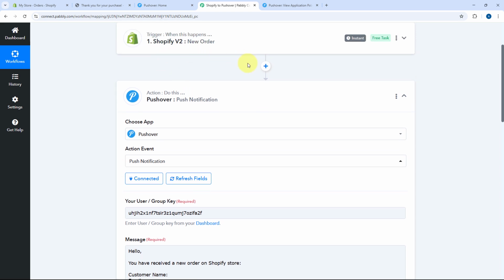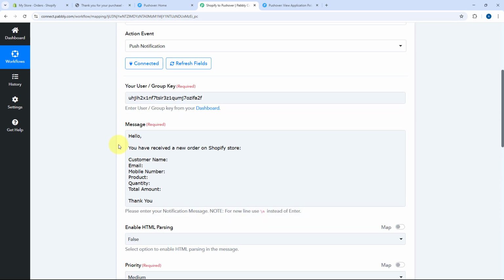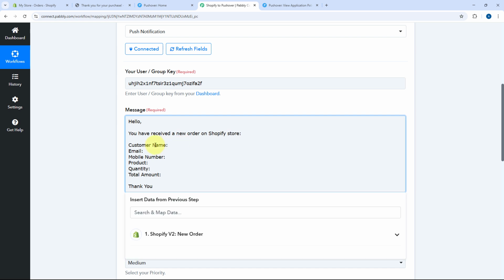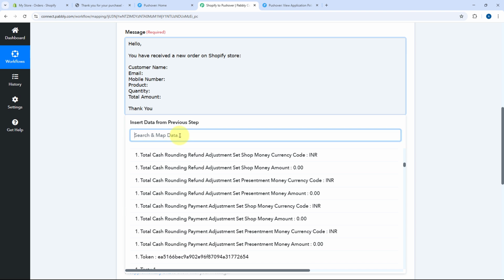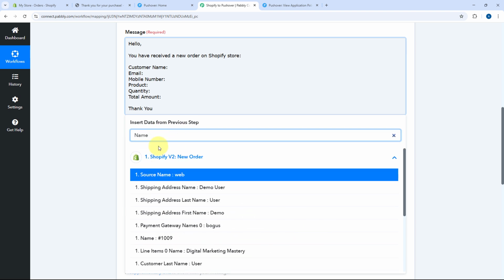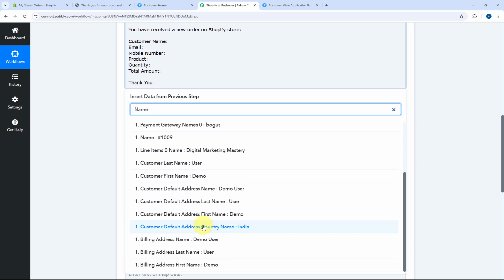And to add the trigger step responses to this Pushover action step in the message field, we'll just click on this field of message, and here we'll take the cursor to the place where we want to add the data. Like here in front of customer name, I want to mention the name of the customer. So we'll just click here, and from the drop down, you can see a list of all the responses which we have received from Shopify of a new order. Out of all of these responses, I'll select the response of the name of the customer